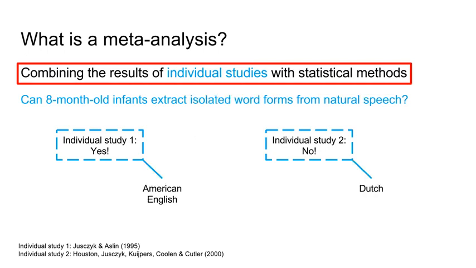One thing meta-analysis can be used for is to look for moderator variables. For instance, in this case, it turns out that study 1 was carried out with American English learning children in the US, while study 2 was carried out with Dutch learning children in the Netherlands. Of course, it is hard to say from these 2 studies alone that infants' native language was the cause for